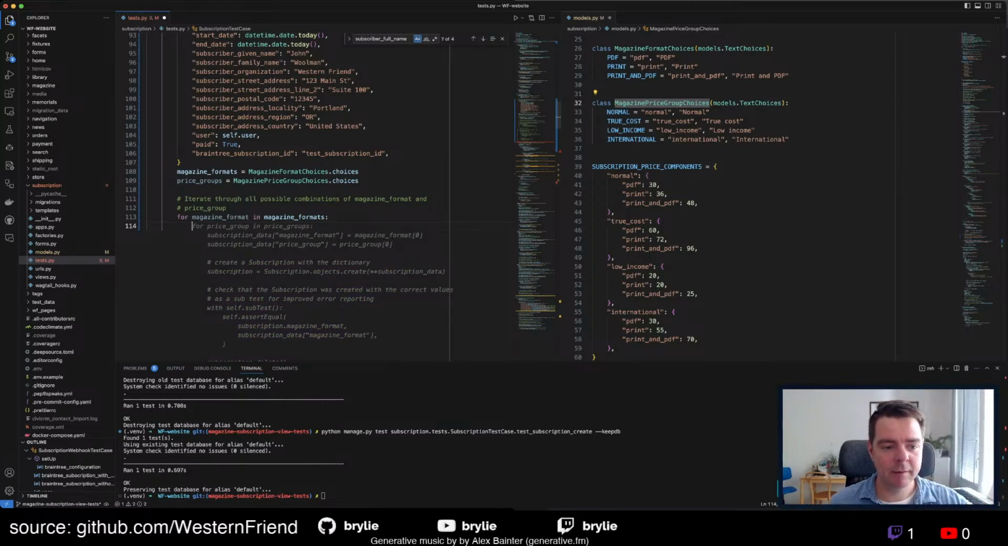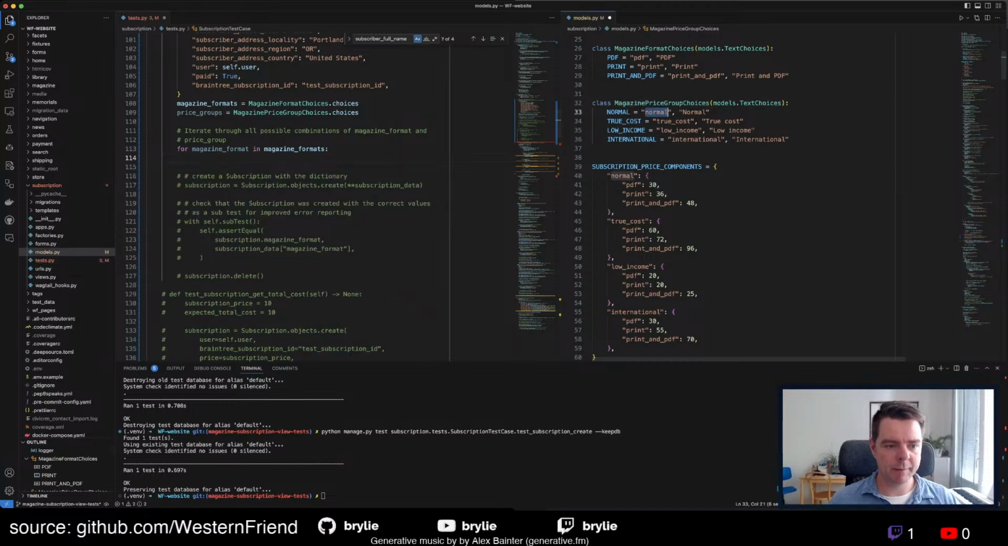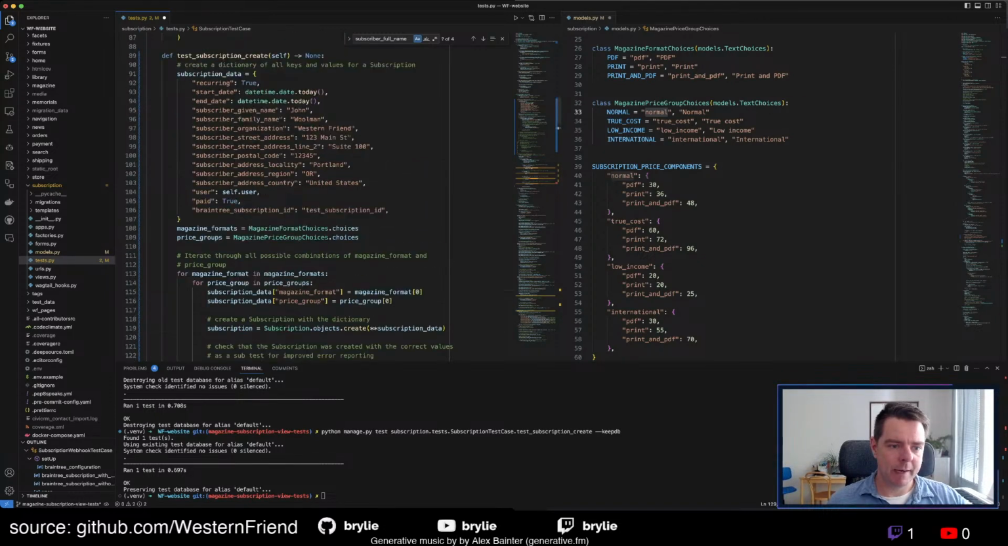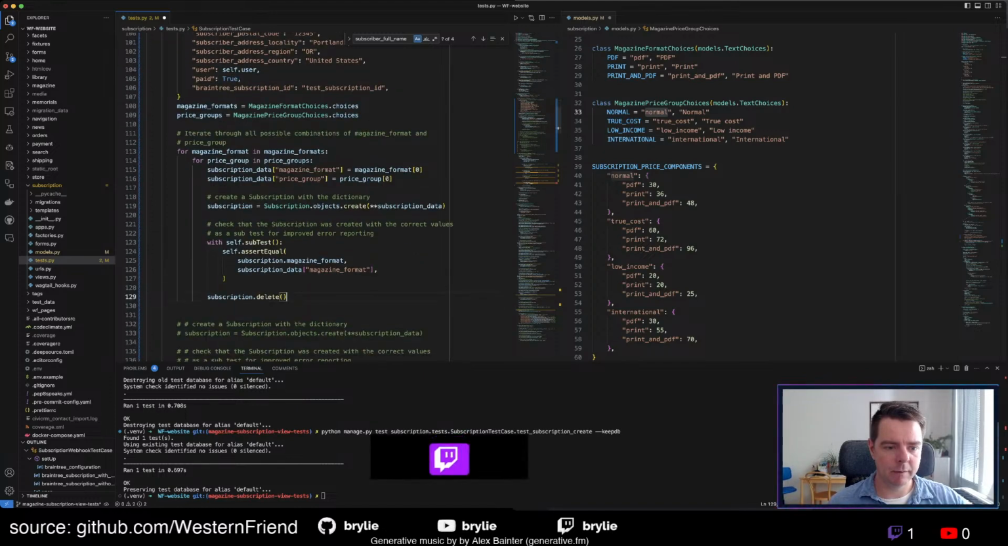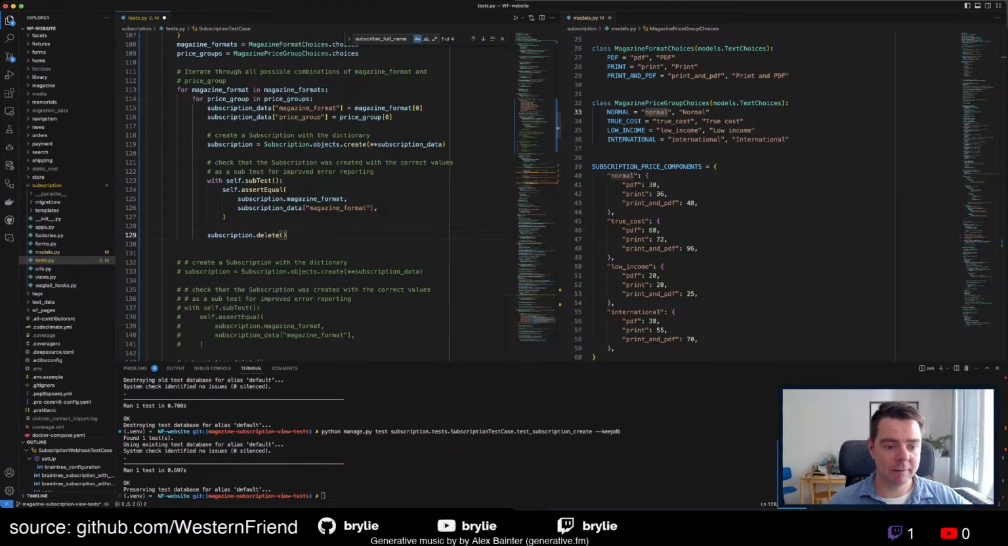Now we're getting the subscription data magazine format. Okay, subscription data price group 0. So the 0 is this. Oops, oh man, I lost it. I should have, let me just do that one more time. Updating so this is static across all tests. Then we get these and we dynamically populate those for all the permutations. We create a subscription instance and create a subtest that